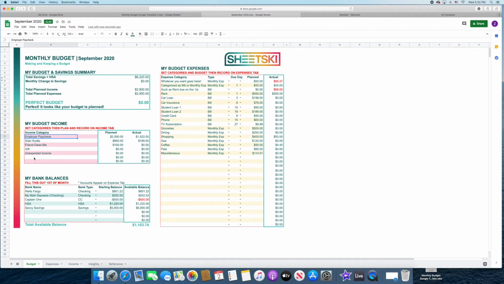So I gave you a few examples just to help you out. We have employer paycheck, side hustle, friend knows me, gift, unexpected income. And you can name these whatever you want. I'm not going to be too creative. That's fine, but I'm going to delete these three because I'm just going to focus on the side hustle and the employer paycheck. So unlike down here where we entered it, let's say you accidentally entered $2,000 here, even though